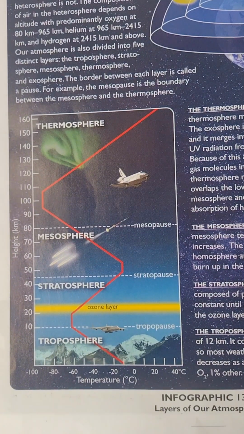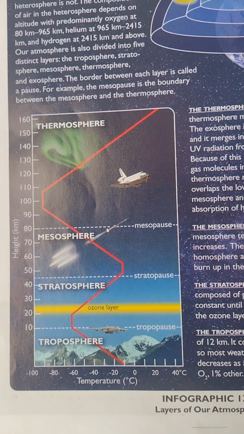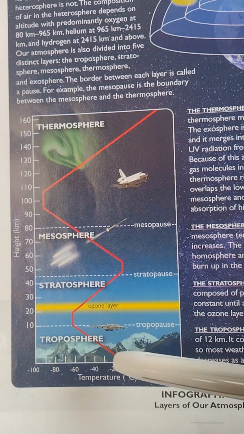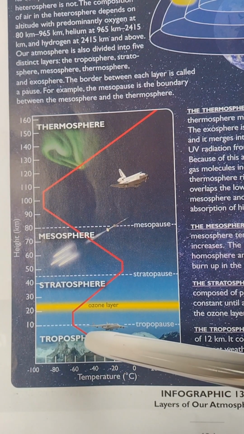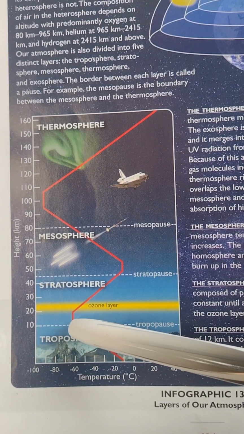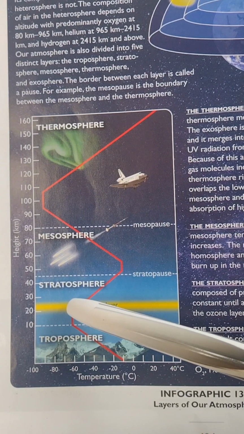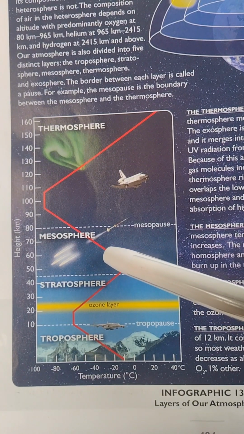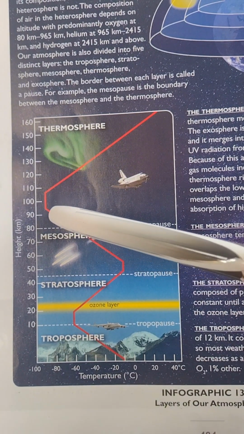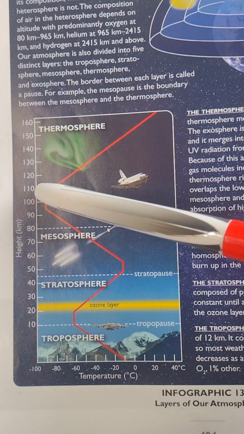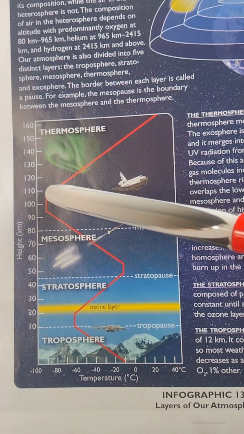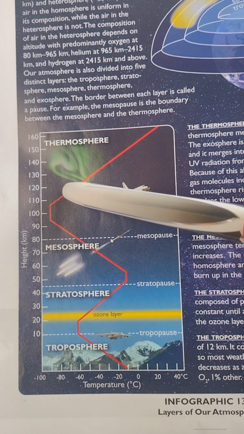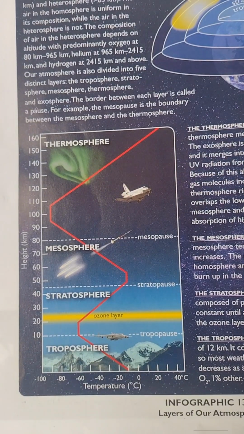I wanted to just show you something here about the temperatures. So you see the troposphere, and you can see that this is 0 degrees Celsius right here, and then it gets colder. So as you increase altitude, it actually gets colder. It's going into the negative degrees Celsius, okay? And then you hit the ozone layer, and now it's getting warmer, warmer, warmer. At the stratopause, and now it's getting colder in the mesosphere, colder, colder, colder. And then in the thermosphere, how we measure temperature is by how much energy is in each molecule. So now the temperature is actually increasing, increasing, increasing.